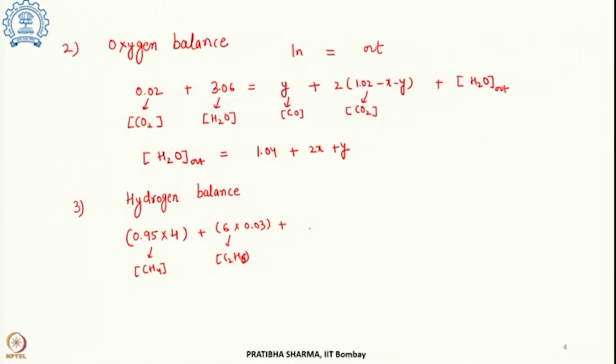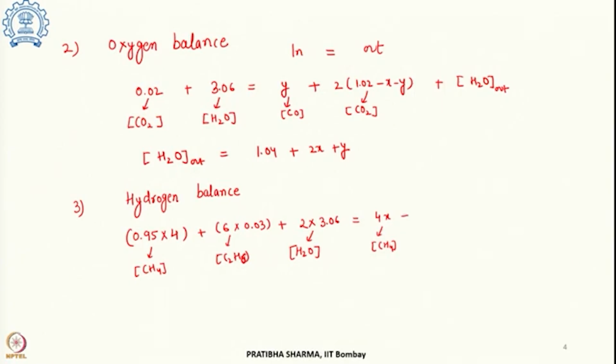Then it is coming from water, 2 water molecules reacting, so 3.06, 2 hydrogen atoms coming from water, and the amount which is leaving, that is corresponding to the unreacted